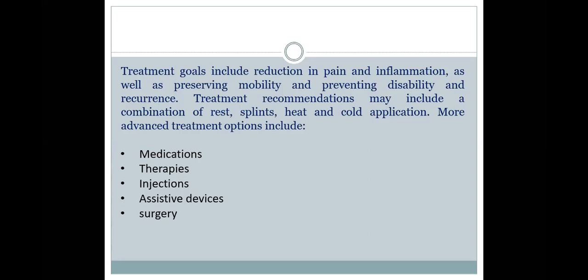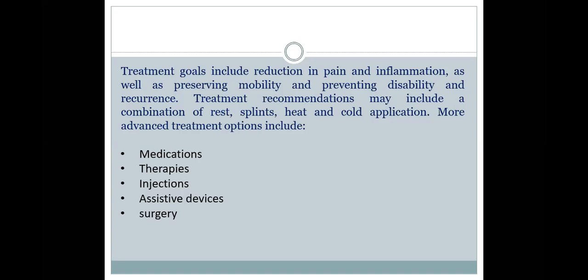And next one is assistive device. Assistive devices include the temporary use of walking devices, walking canes, crutches, which will help to relieve the pressure on the affected area. Until the symptoms subside and the inflammation is overcome, we can advise the patient to use assistive devices, for example, crutches, walking canes, and other devices, so as to relieve the pressure on the affected area. And next one is surgery.